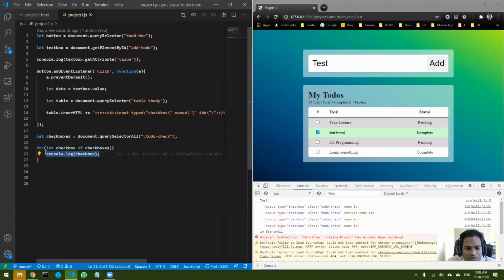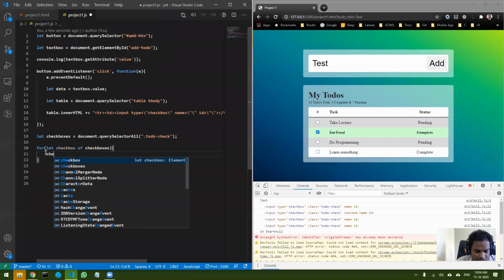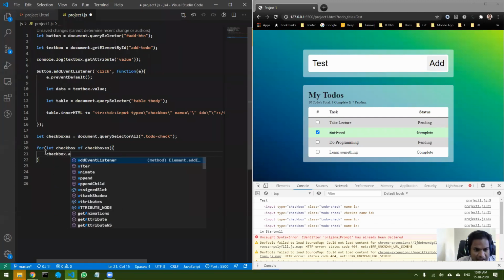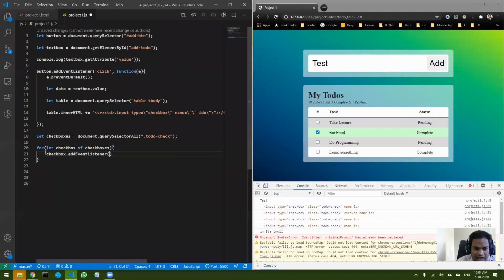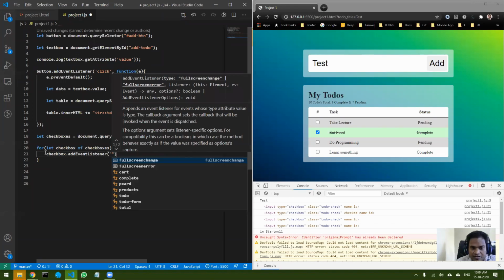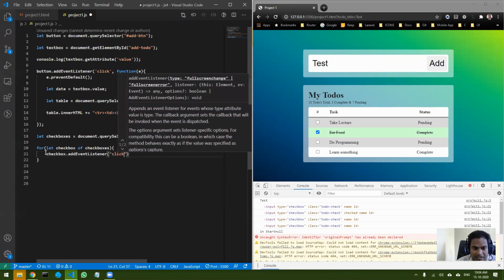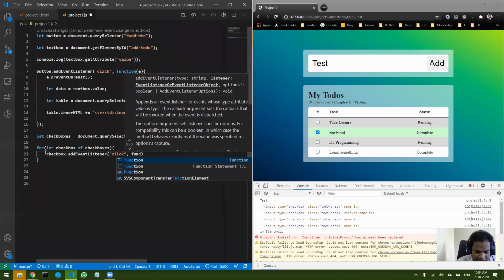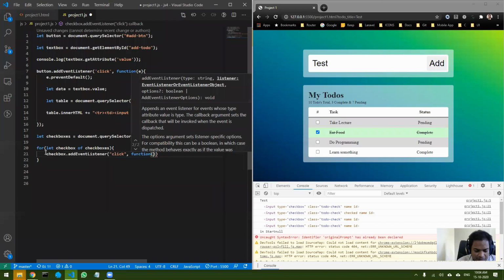Now next what I want to do is add an event listener. So checkbox.addEventListener, and the event is going to be click. Again the syntax is the same as before, function e.